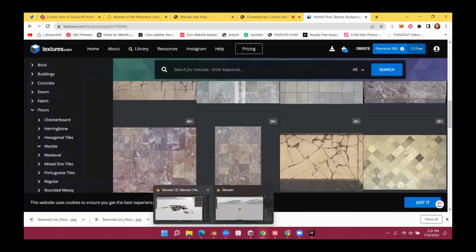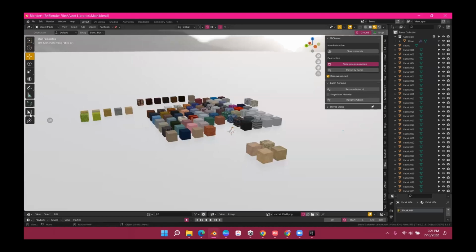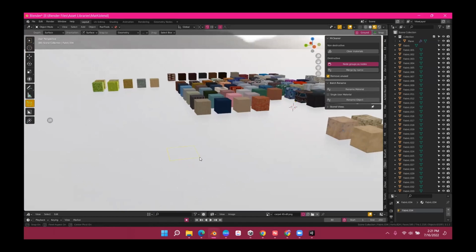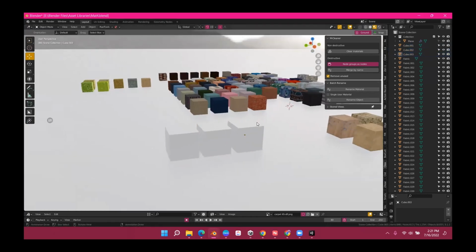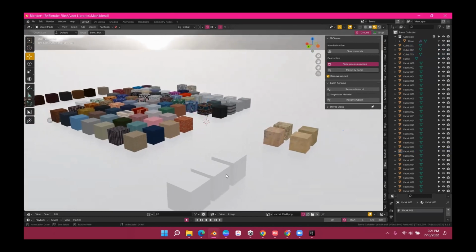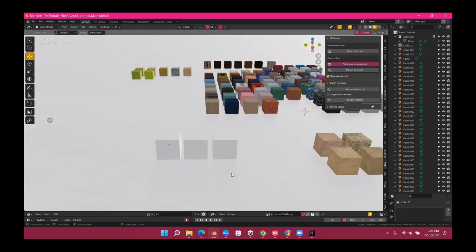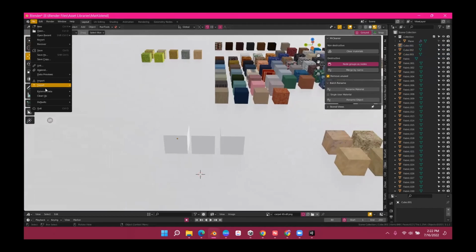I'm gonna go into my file here. Make a cube. I'm gonna duplicate it 3 times. And actually, I use the cubes for importing these specific textures that have multiple ones, but I can actually just use import images as planes, and I'll show you that too. So I'm gonna go to File, Import,